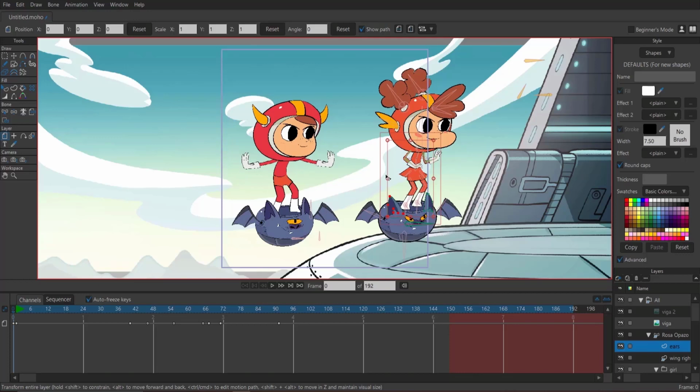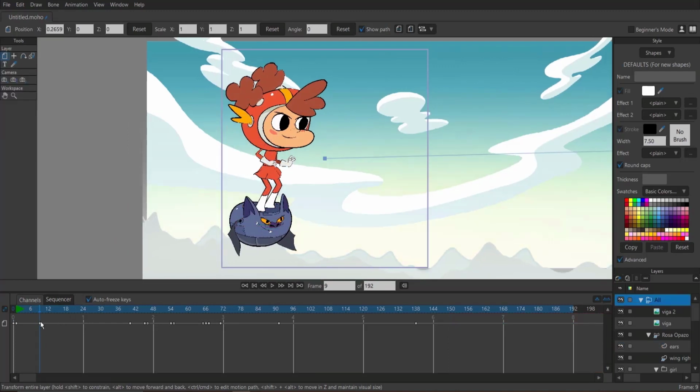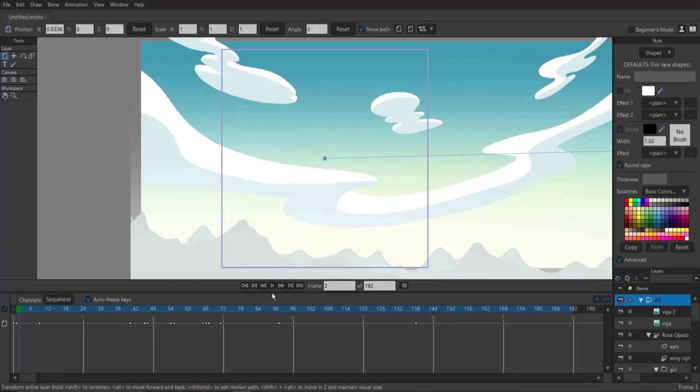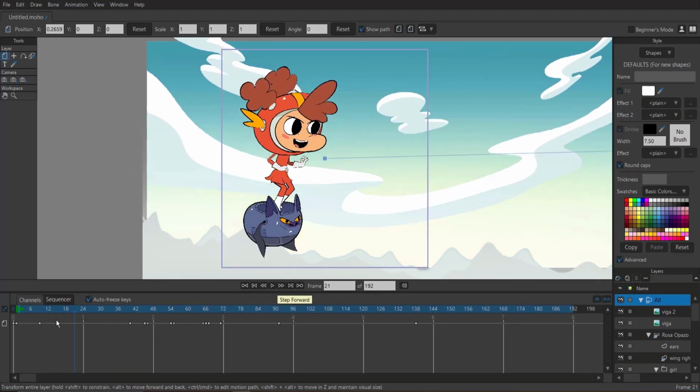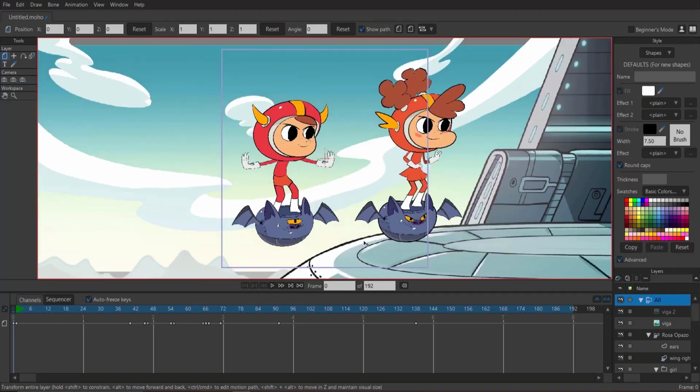If you make any changes to your drawings on any other frame, then the program is going to animate it. This also includes resizing layers as well as the colors being used. So be aware of this and always double check to make sure you are drawing on frame 0. So that's really all I have to say about the timeline, and the next thing I want to go over